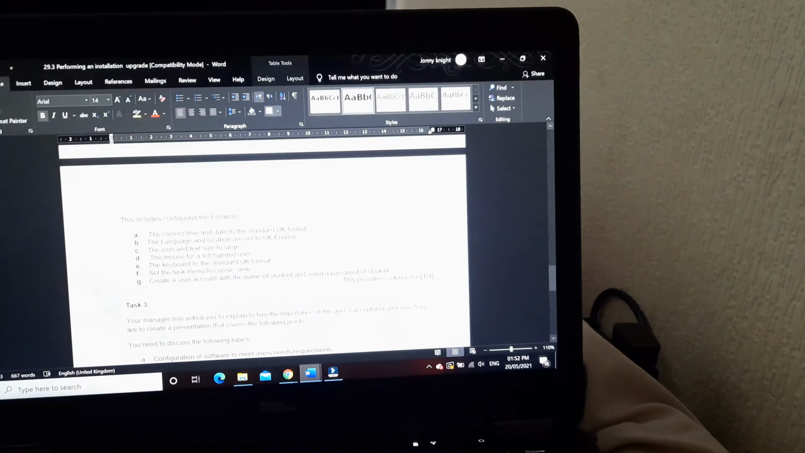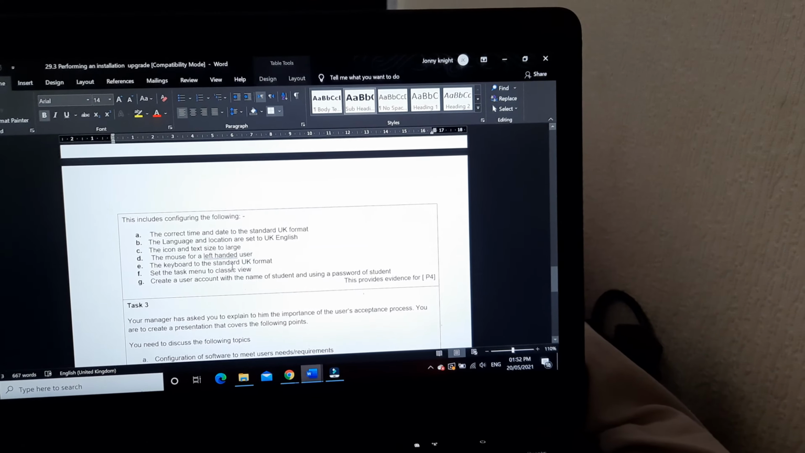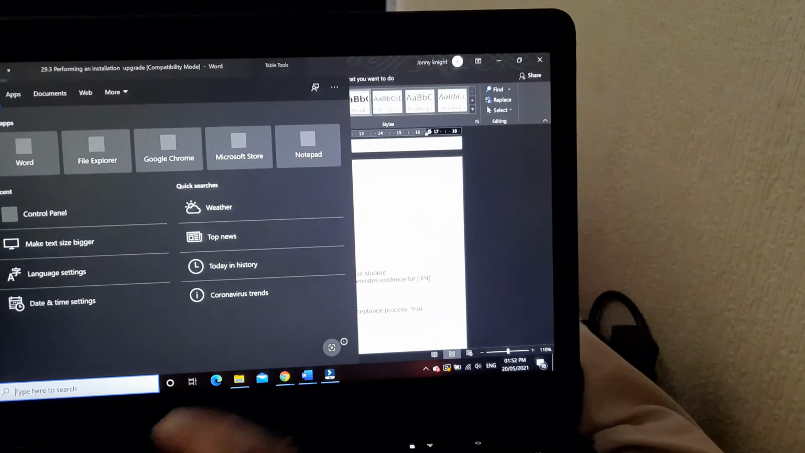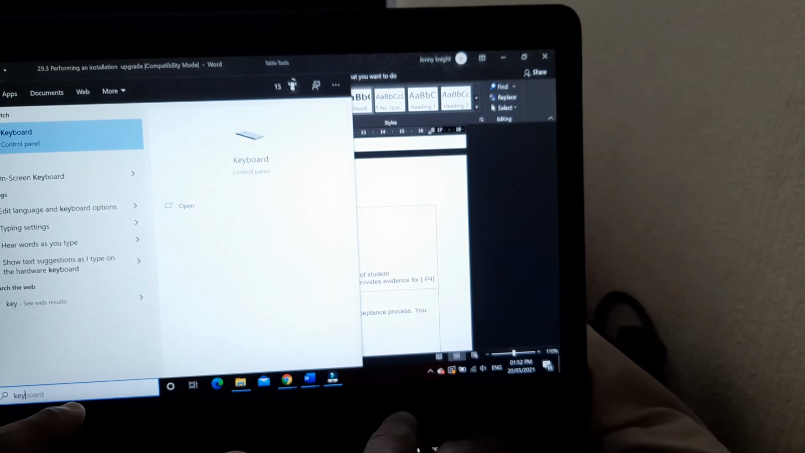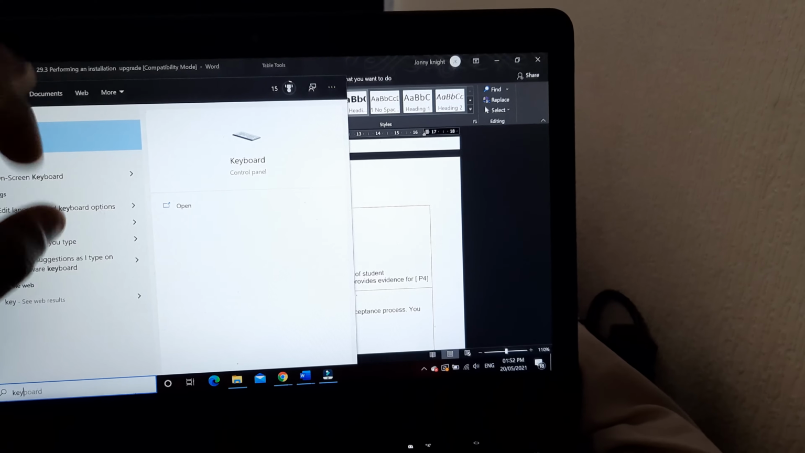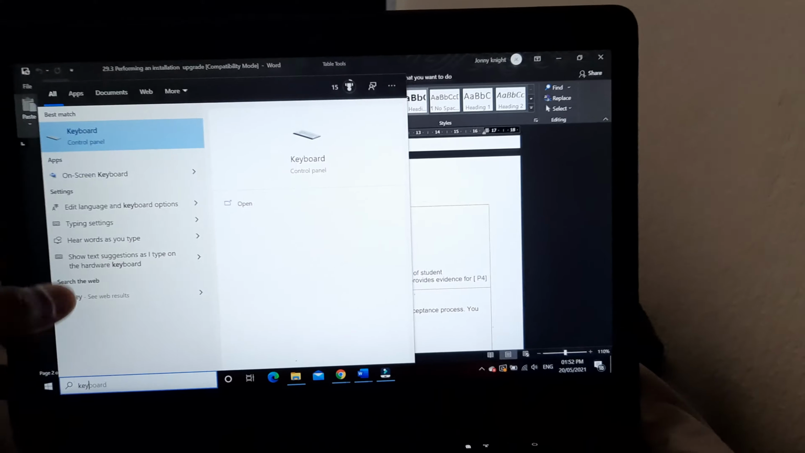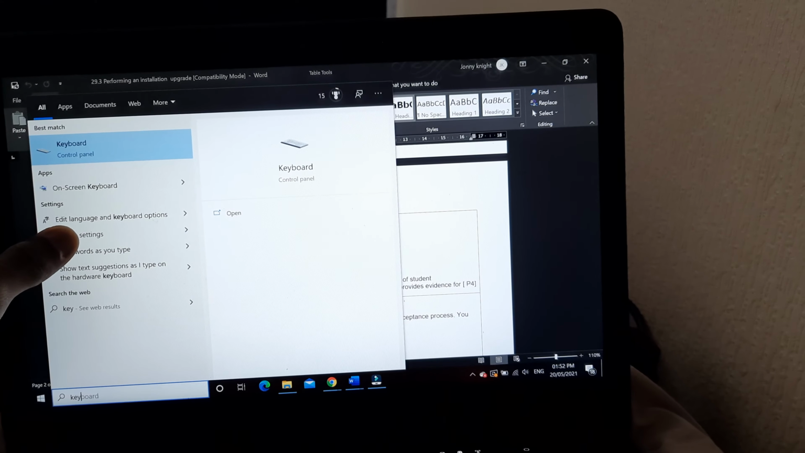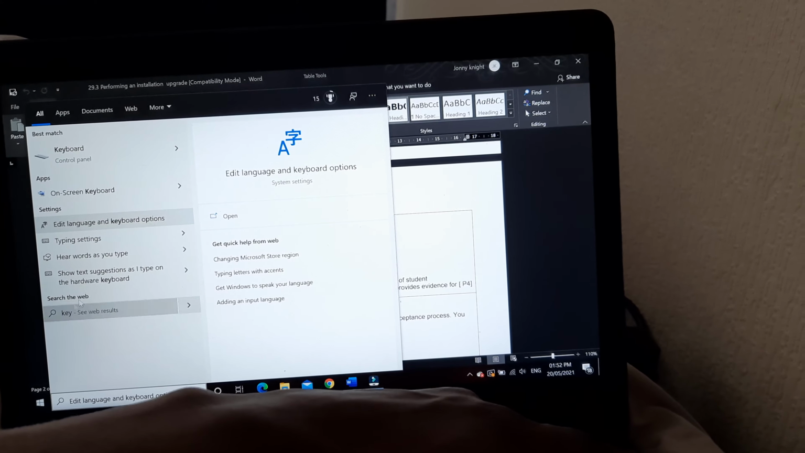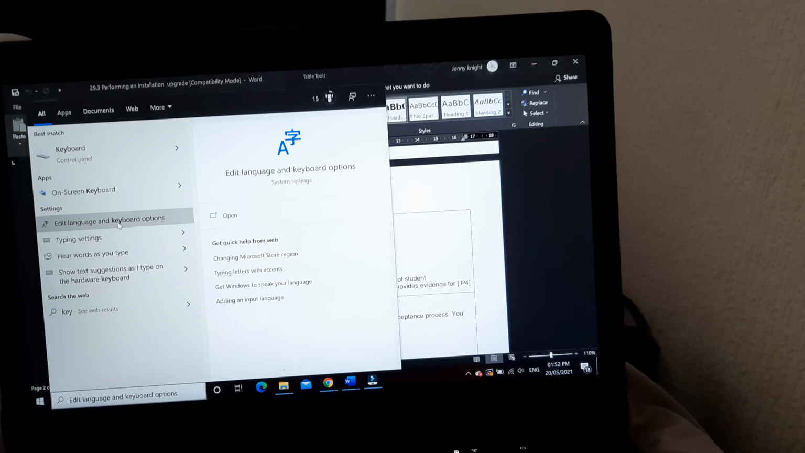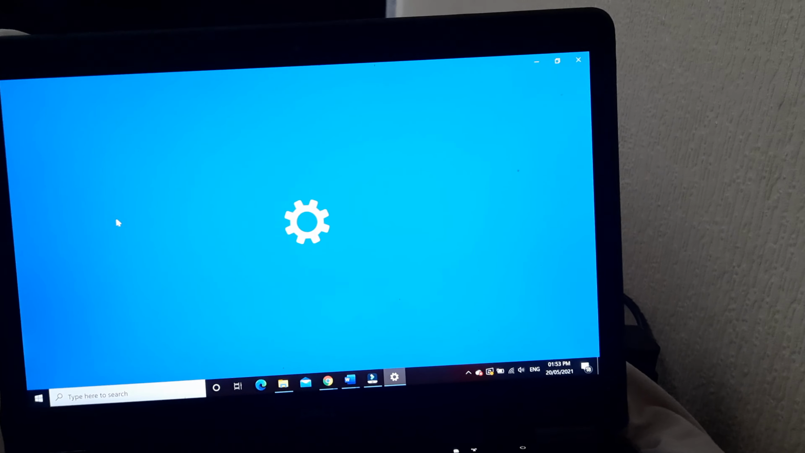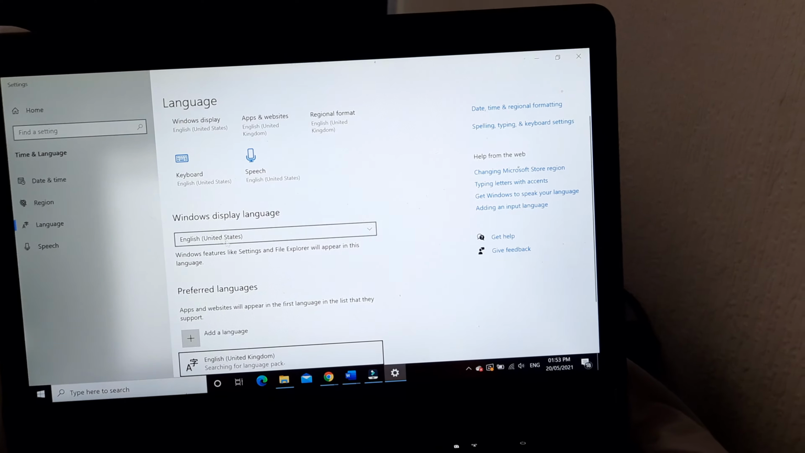So the next one, we'd have the keyboard setting to standard UK format. I think we've already looked at that, but if you're gonna do this again, literally just simply type in keyboard. See, you can either go to the keyboard itself to see the hardware, or you can just edit the language and keyboard settings. So just click on that, opens the settings again,